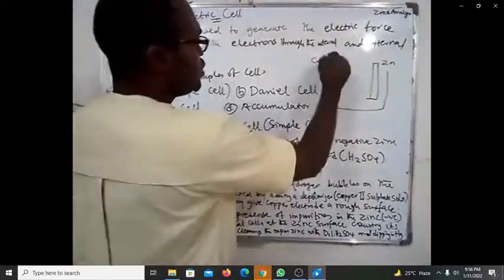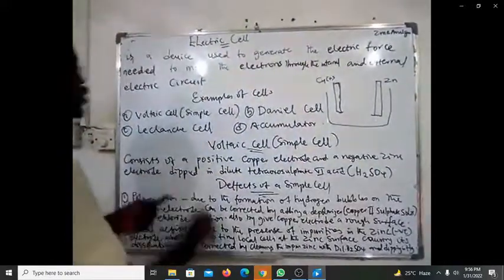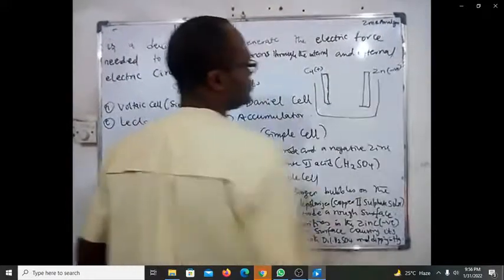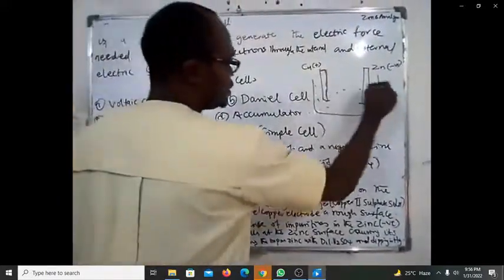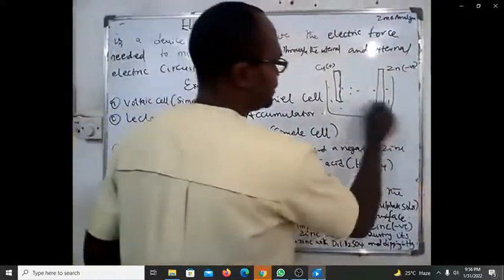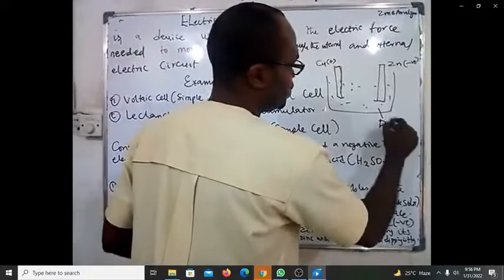So voltaic cell is made up of positive copper electrode. Positive what? So this one is what? Positive. And negative electrode. Negative zinc what? Electrode. Is that clear? Both of them are dipped inside what? Dilute tetraoxosulfate what? 6 acid. So they are dipped into what? Dilute